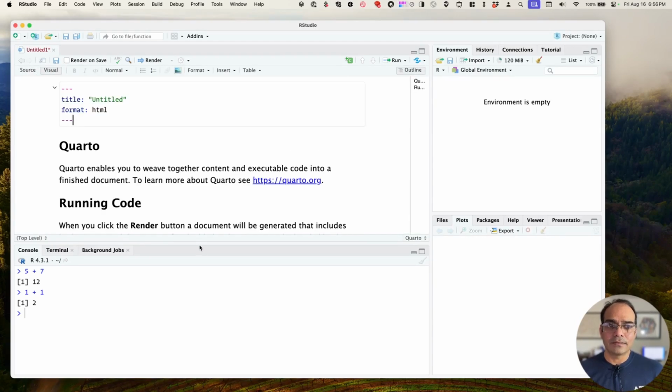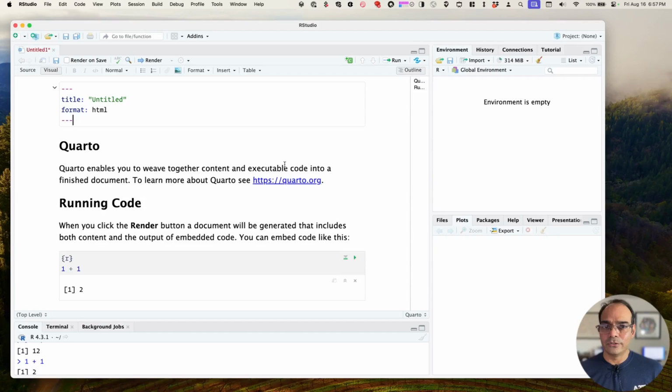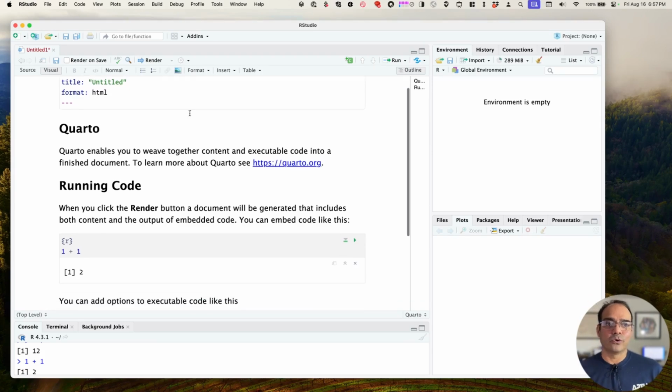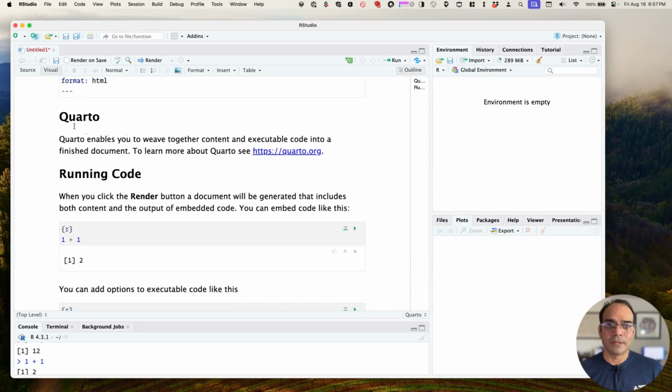So I get a nice looking document here. Some people like to code like this. I do not. That's why I always start with this source and I stay there. But sometimes people like to code like this. And then you can see over here the difference between the source document